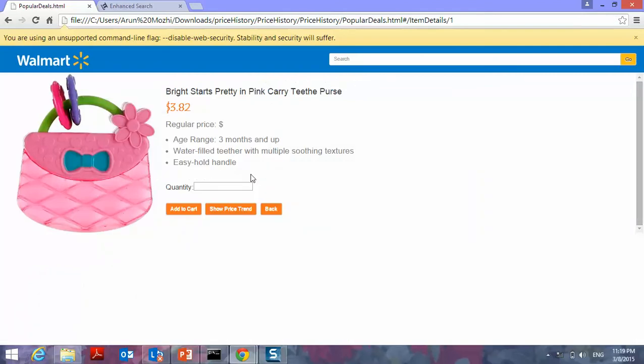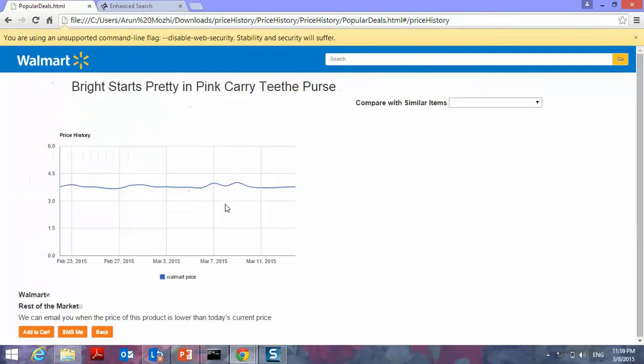Let's click on this. Right now I can either add it to the cart if I'm satisfied with this price, or see what the market price of this product is, or whether something similar within Walmart is available at a better price. Today is March 8th, and this is quite interactive.